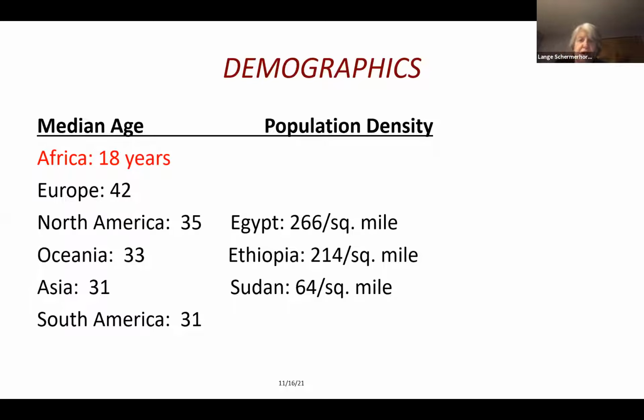The population density in the countries mainly impacted is there, and you see how dense it is in Egypt. Ethiopia, in the last 30 years, has had a tremendous increase in population, percentage-wise, more than probably any other country. And Sudan, of course, sandwiched between them, is lightly populated relatively.